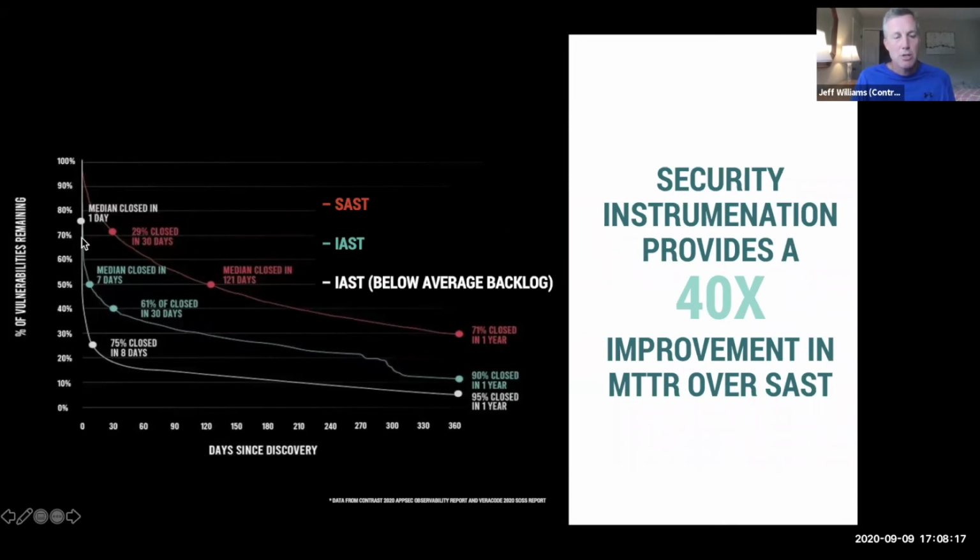If we look at customers that have used IAST for a while, worked off some of their backlog, we're seeing them get to 75 or higher percent closed vulnerabilities in about a week, and 95% by the end of the year. To me, that's the essence of shifting left. If you have an organization that thinks they're shifting left, this is kind of what they should measure. It's how fast they're remediating, because that's what optimizes the life cycle.